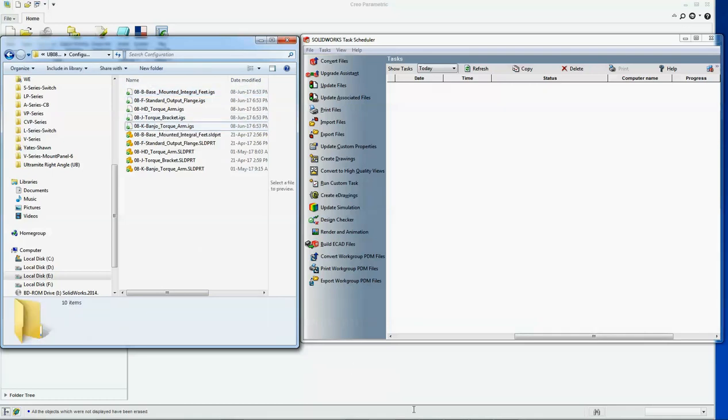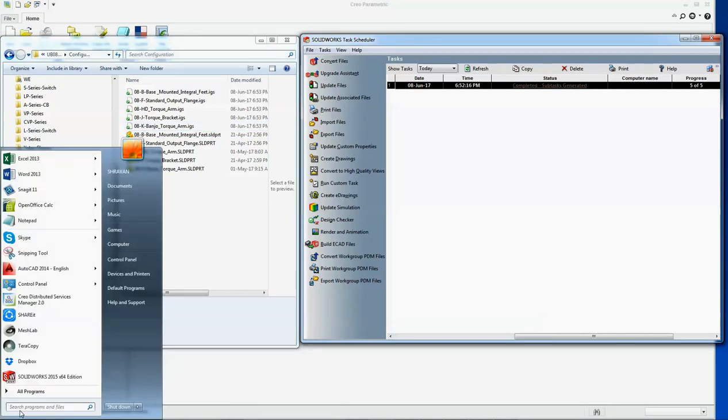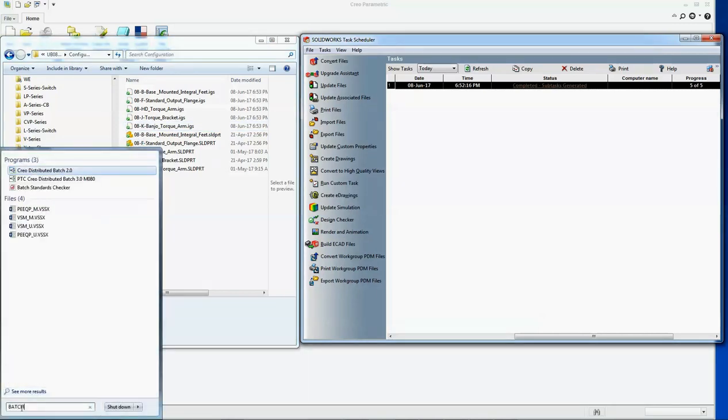So for that, if Creo is installed, we should have Creo Batch 2 installed, Creo Distributed Batch 2.0, because I want it in a Creo 2 version. If you want it in a Creo 3 version, you should have Creo 3 installed, Creo Distributed Batch 3 installed. But for now I want it in version 2.